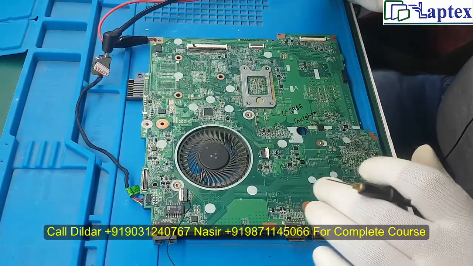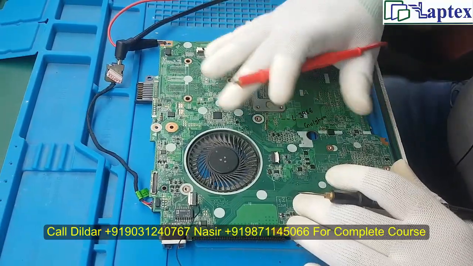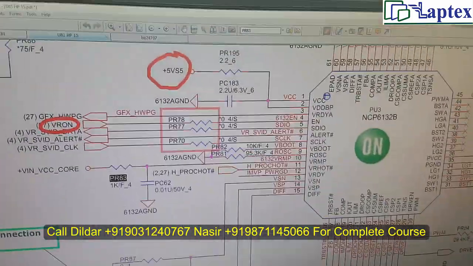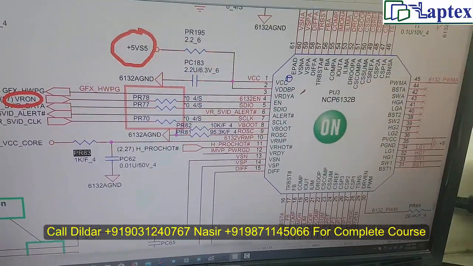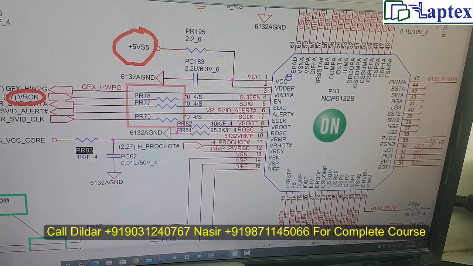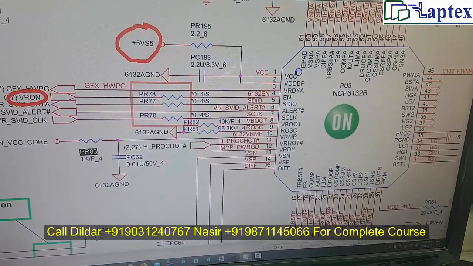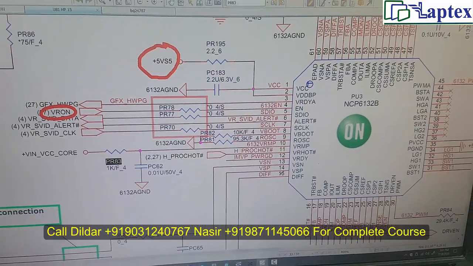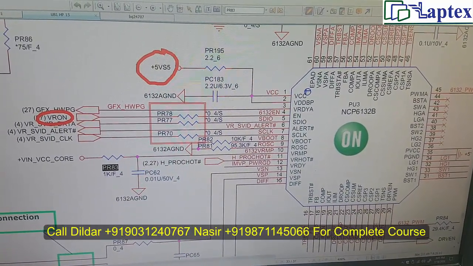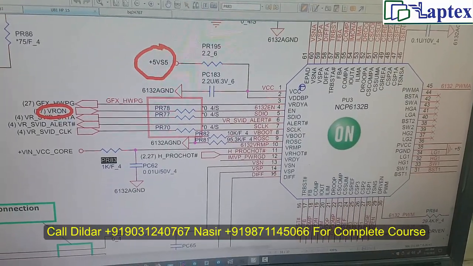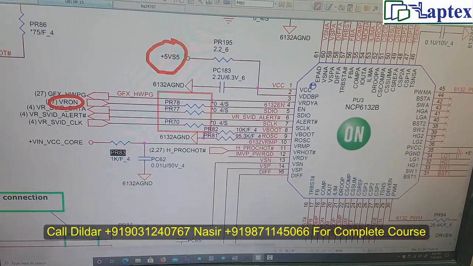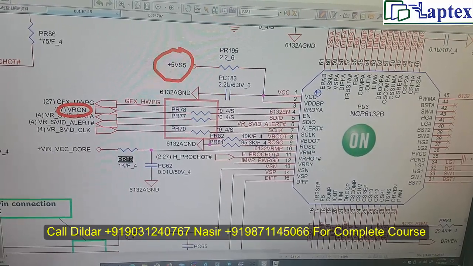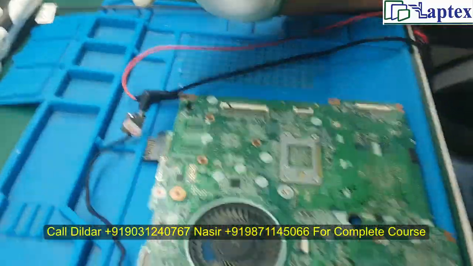Now it is slightly difficult to find the problem in the core section, because it has lots of pins. You can see around 60 pins are given here, and one side has 15 pins, so it is slightly difficult to find the area of the problem. But if you follow the basic rule, like the first entry of the voltage, the VCC voltage and VDD voltage, and the feedback, if you know the current feedback, voltage feedback, compensation circuit, IOT, ILM, logic, if you understand these basic things, then it would not be a very Herculean task to repair these types of problems.